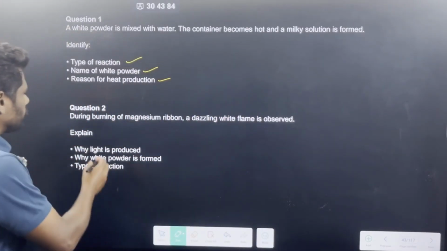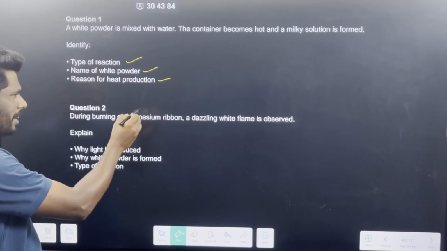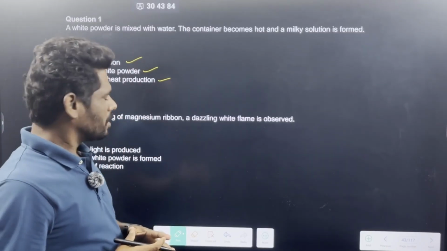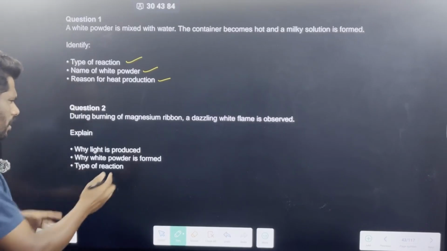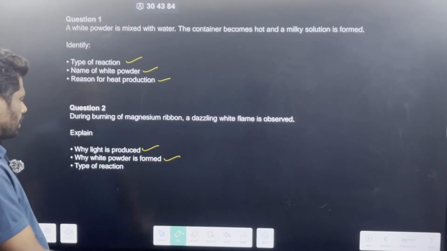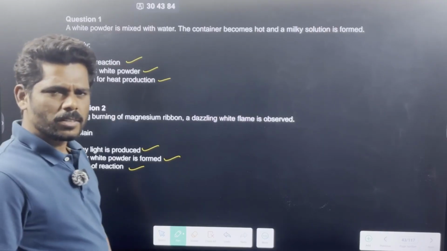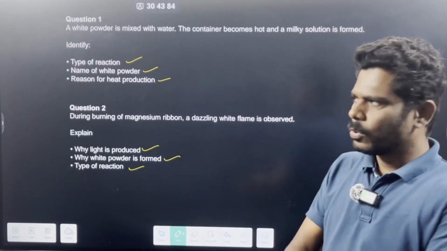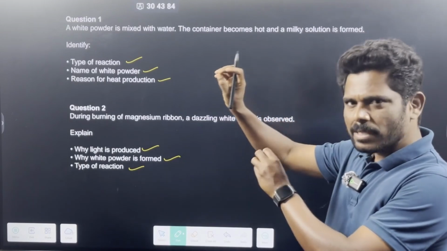Look here, another question. During the burning of magnesium ribbon, a dazzling white flame is observed. Explain why light is produced, why white powder is formed, and what is the type of reaction. How to answer these kind of questions? To answer these kind of questions, we must have the knowledge of